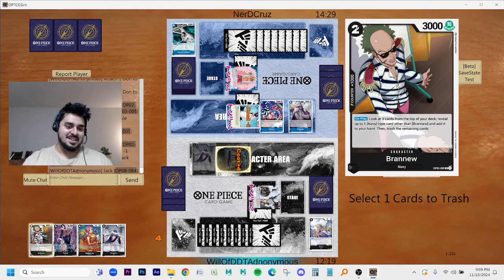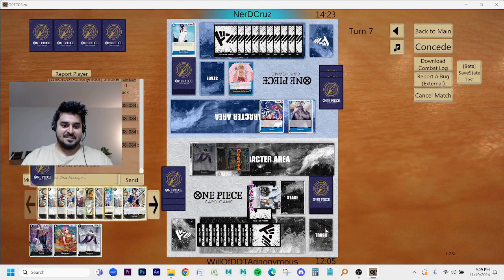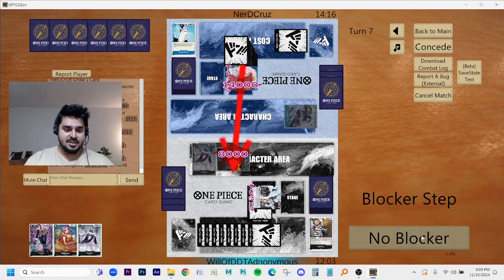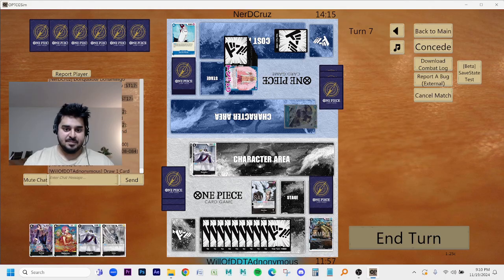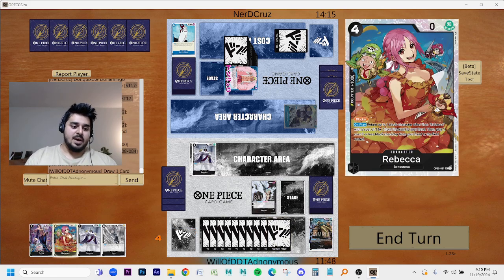Ooh, oh baby. That is tough, I'm not gonna lie to you. I think we get rid of the Branyu, and then we KO that Moria. Oh baby, this is gonna be annoying. Wow, 14K at Jack. Yeah, you got it, brother. You got it. At that point, he recovered so much hand. That's frustrating. I think we do Rebecca